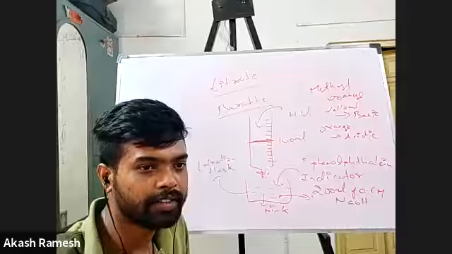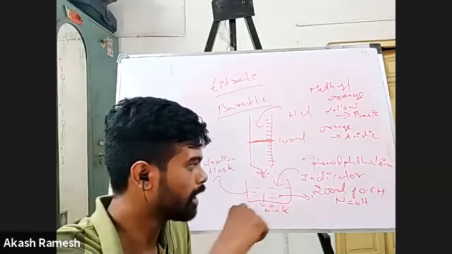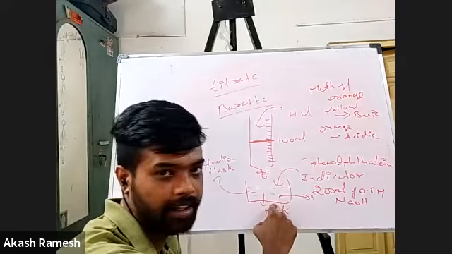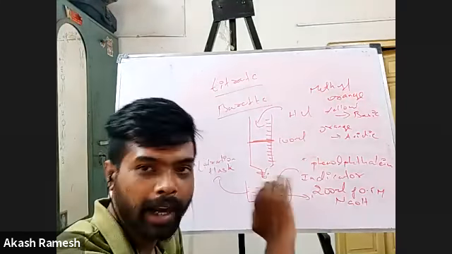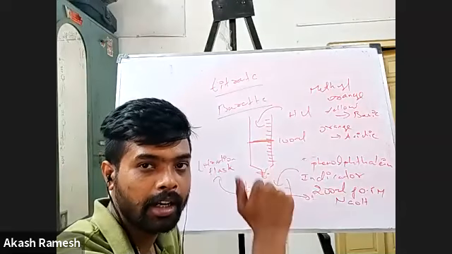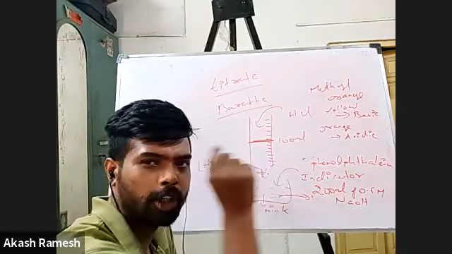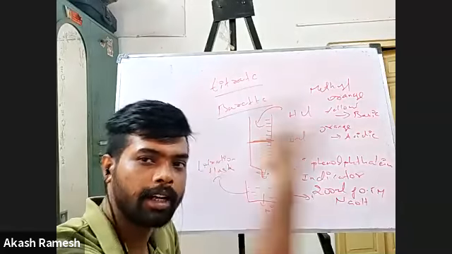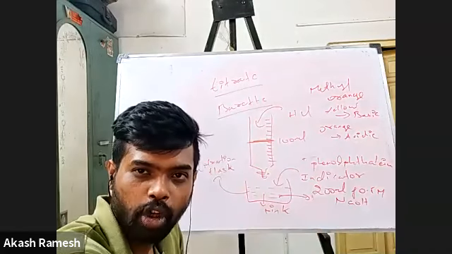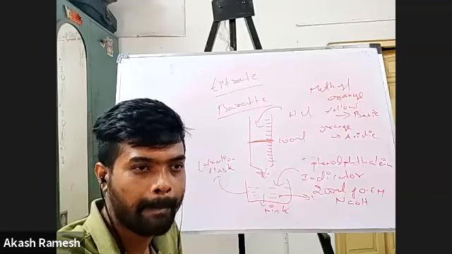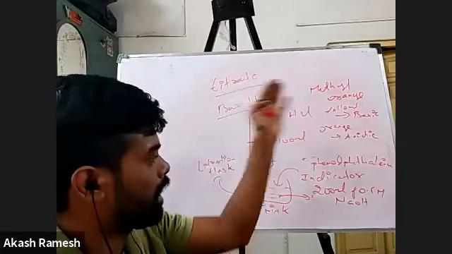Sir, why can't we use phenolphthalein itself? Phenolphthalein, if I use, what will happen? I have HCl here, right? Now if I add phenolphthalein, it will be colorless. Correct. Now, even if you have a very small amount, a drop of NaOH coming, that will turn pink. Now that means the reaction is over. That is why I don't use phenolphthalein here. You understand? Yes, sir. Okay. So done. That is about my titration.